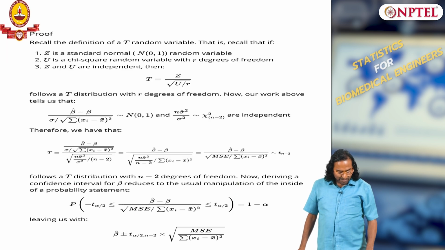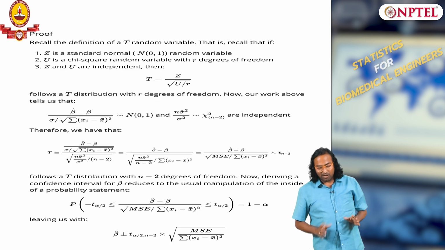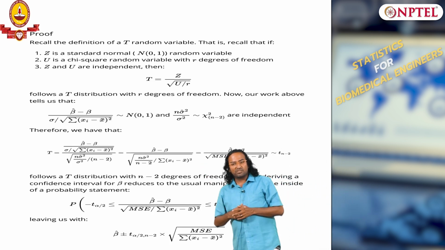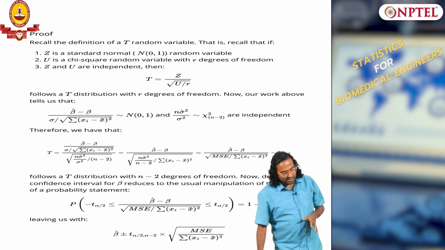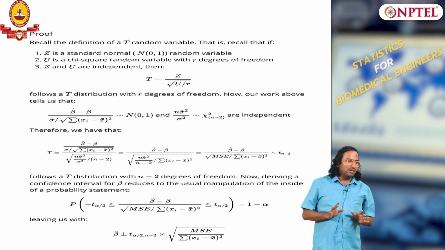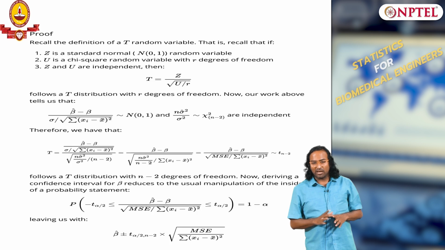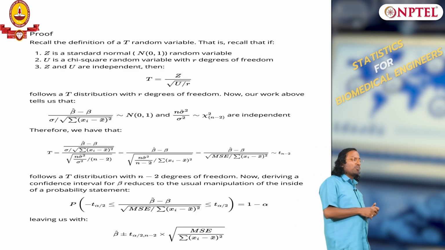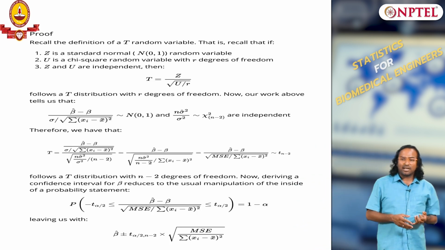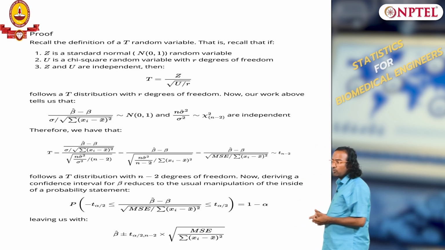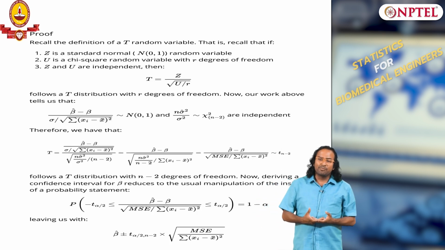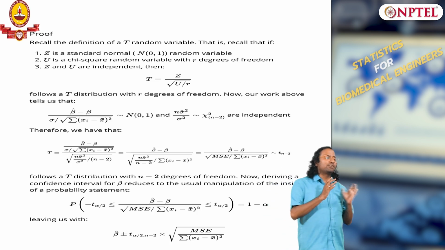Similarly, you can derive the confidence interval for beta also. Beta is going to follow again a t distribution with this. I am not getting into the derivation, you can look at it. I have derived it, I want you to look at it. If there are any questions we can discuss, but this is what the beta hat distribution is. So we have distributions for both alpha hat and beta hat, or beta naught hat and beta 1 hat. Both for the slope and the intercept we have the confidence limits, and they are typically based on the t distribution and mean squared error.